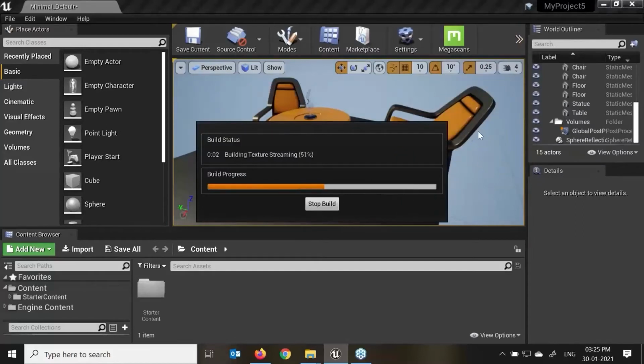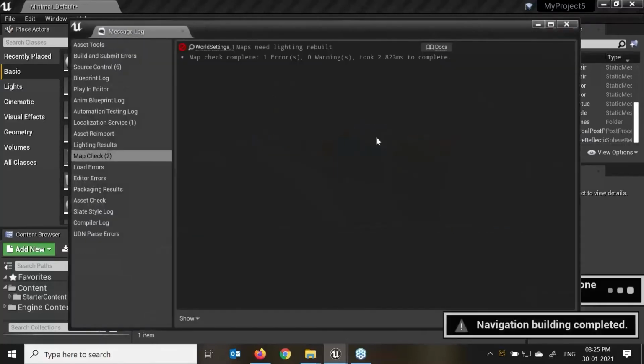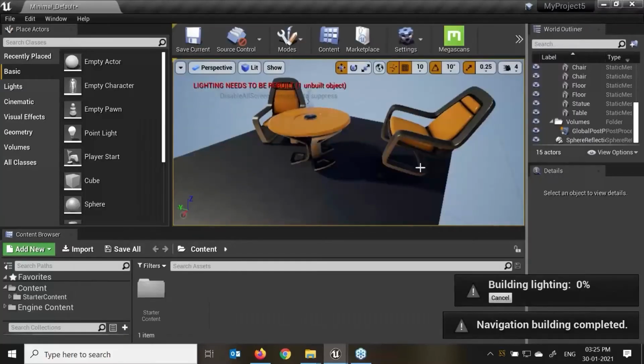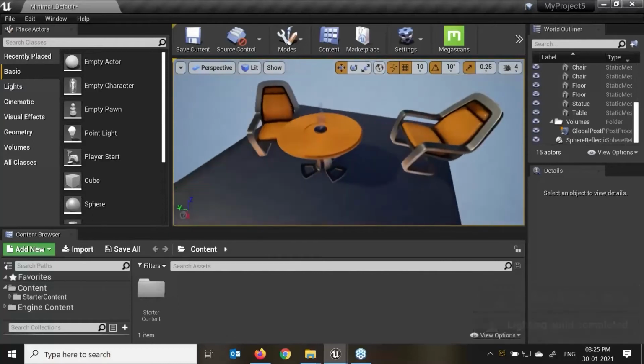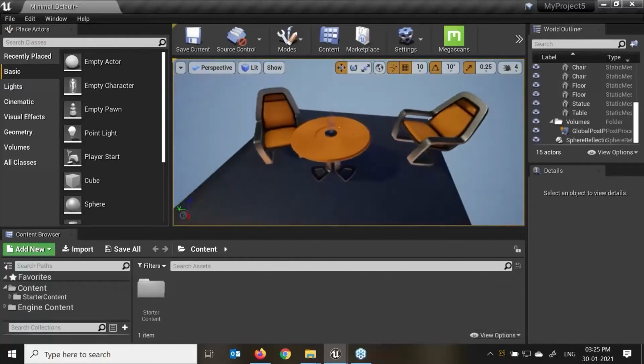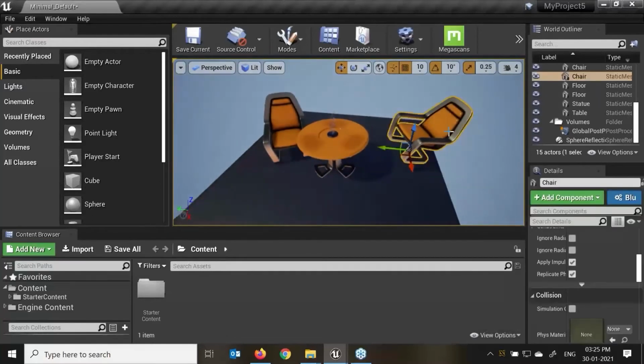It calculates because we have moved this chair, so the shadow will be different. So this is required. After finishing here, we can see that the error will not come again. It is calculating and building materials. Now here we'll see we are not getting that error. After moving any object, it always asks.